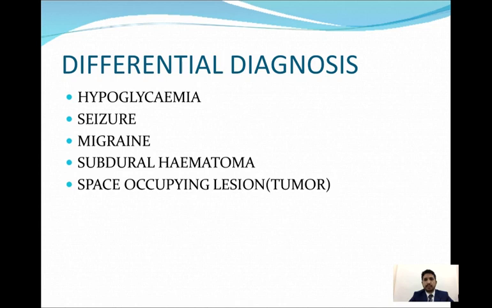If a patient presents to you with stroke, there are stroke mimics, as we have discussed previously. These are the signs and symptoms that will point towards the diagnosis of stroke, but still there can be other things like hypoglycemia, seizures, migraine, subdural hematoma, and SOL. Of these, SOL is less likely to present as stroke because the progression is over a longer period of time. But sometimes it can present as a stroke if there is a bleed inside the SOL. So let's discuss them one by one.